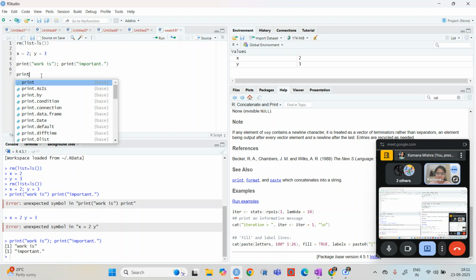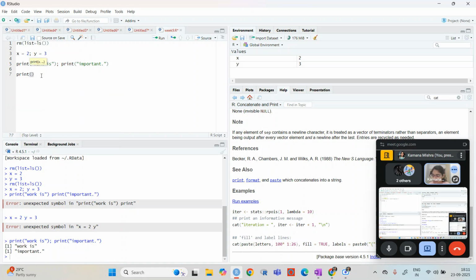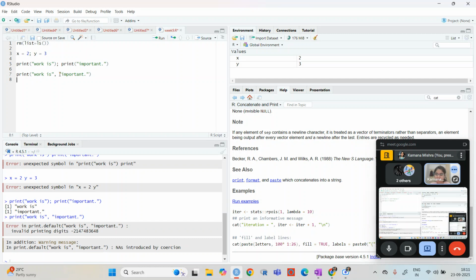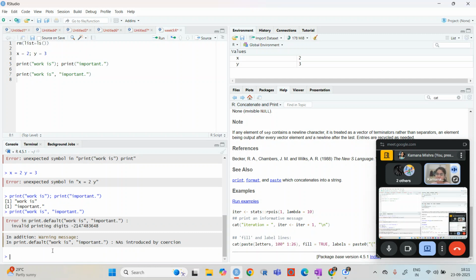Now one more thing we will do. What you can see is that we cannot do that.